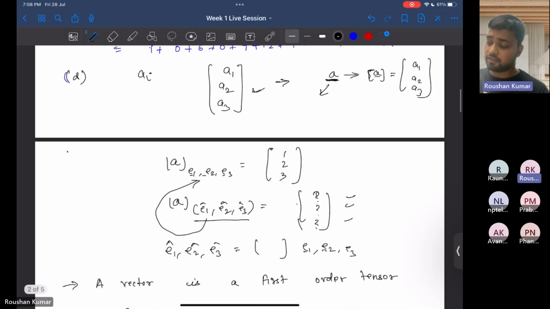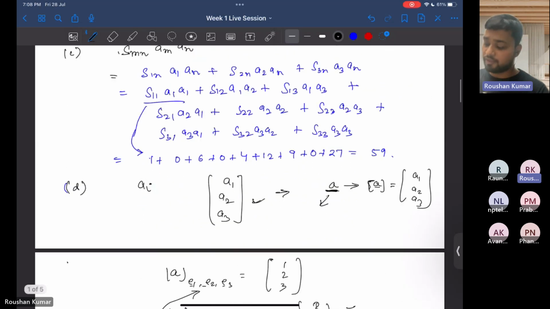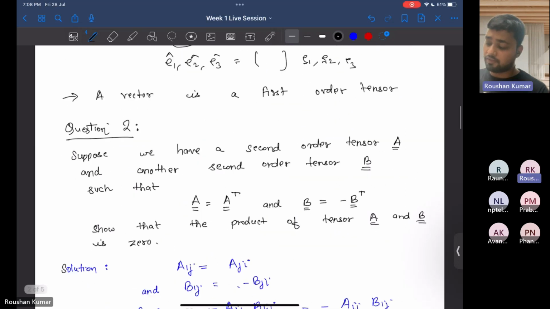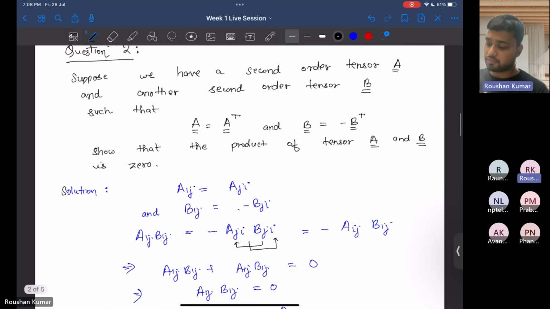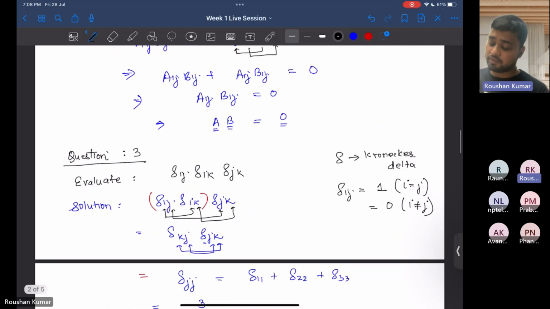So this is the question based on matrix and tensor multiplication, the first question. The second question is, if we have to prove that the product of a second order tensor with a second order tensor is 0, such that the first tensor is symmetric and the second tensor is skew symmetric. So we have proved this using index notation in question number 2. Then question number 3,